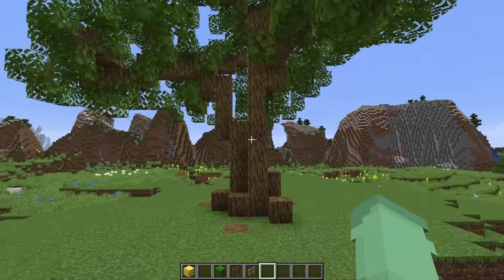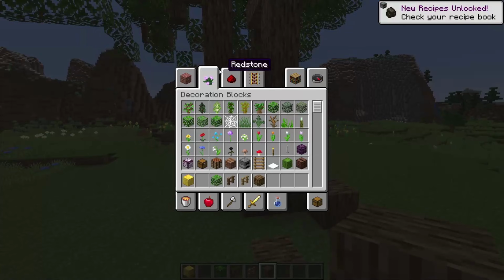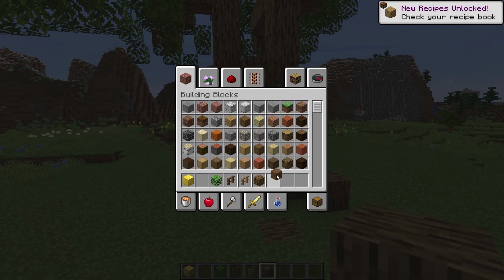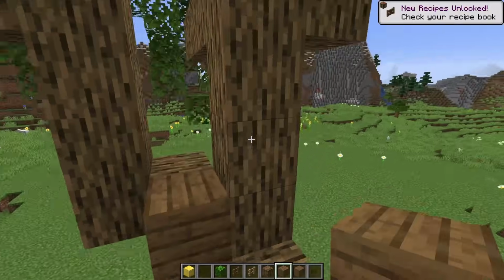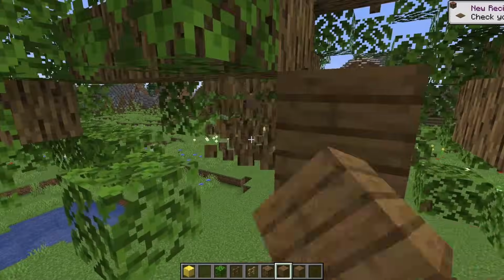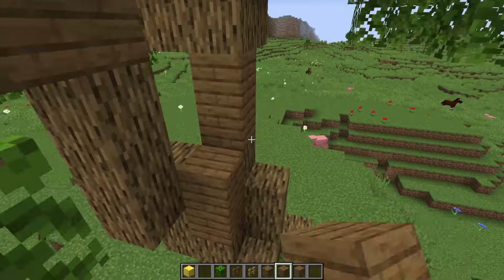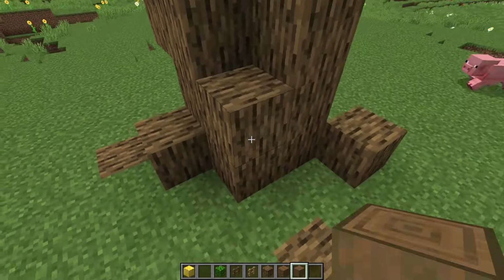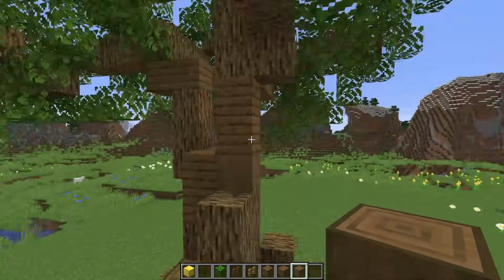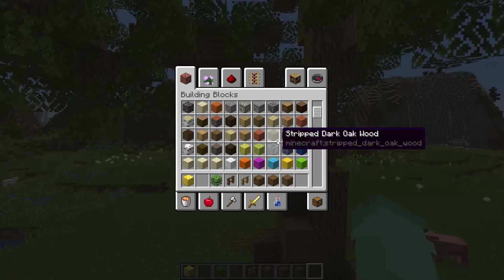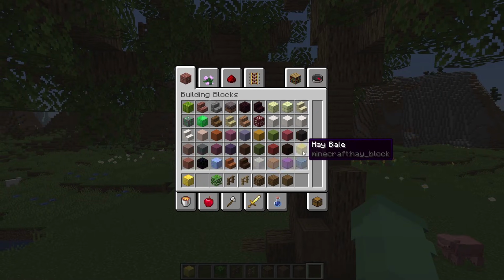The only other things I would do for a tree like this is maybe just add a little bit of texturing, so you can add blocks that are very similar in color, like these here, and we can just do a little bit of texture throughout them just to vary the tree a little bit and make it a little bit more interesting. You can do that especially if you want your tree to look a little bit older or more aged. You can use soul sand or maybe some different green blocks throughout.